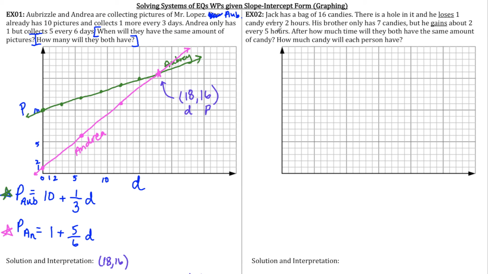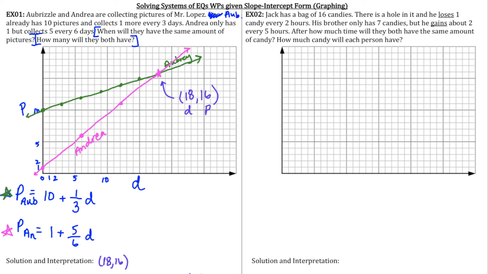Example number 2. Jack has a bag of 16 candies. There's a hole in it, and he loses about 1 candy every 2 hours. His brother only has 7 candies, but he gains about 2 every 5 hours. After how much time will they both have the same amount of candy? How much candy will they each have? So what I'm going to do is